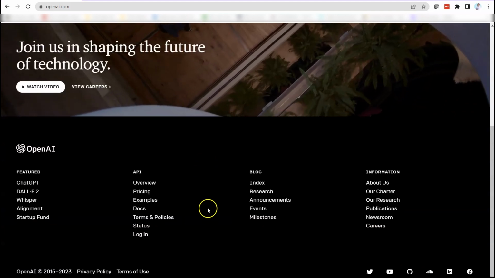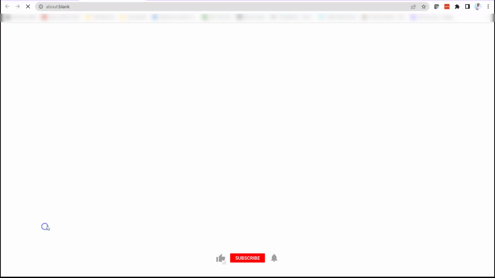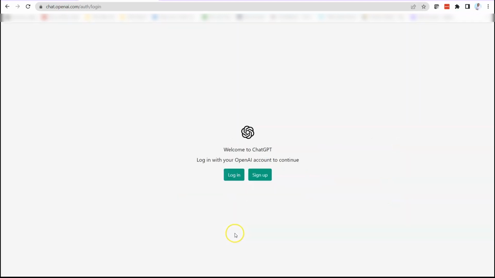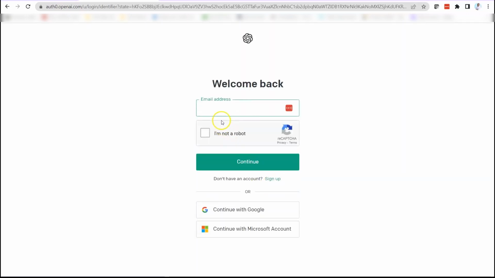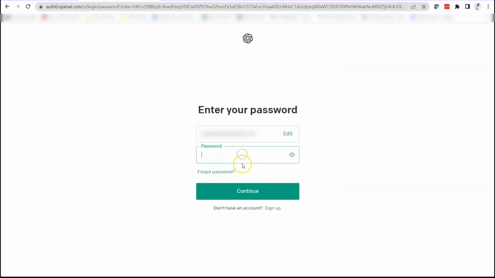Now, to go into ChatGPT, you will type in OpenAI. When you are in OpenAI, it brings you to this screen, and then you click on ChatGPT, and then you go to Try Chat. Now, because I've already signed in, it brings me directly to this page. But if you want to see how it looks, first I can log out. So when you see this screen, you can either sign up or you can log in. Because I have registered, I can easily log in here. Okay, so it's going to ask me to check this stuff. So I just logged in.